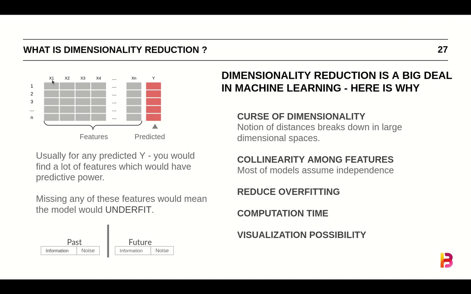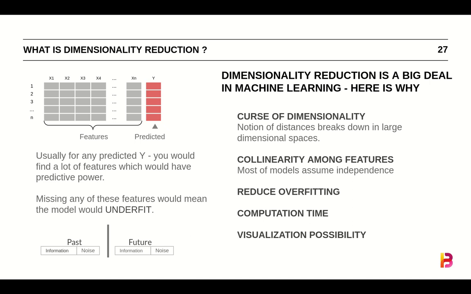Now, by that logic, the more features we add, the more likely that there might be quite a lot of these relations between the variables. This is a phenomenon known as collinearity. Multicollinearity means when there are multiple such features with multiple correlations among them. Now, this has the effect of distorting the model output, and most of the models do not perform well when the features are related to each other.